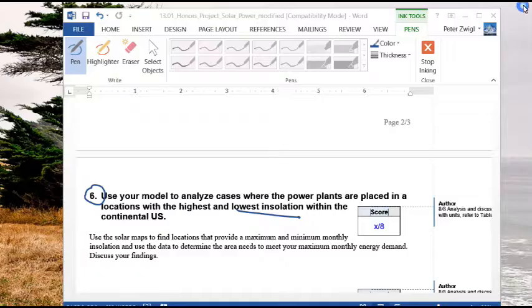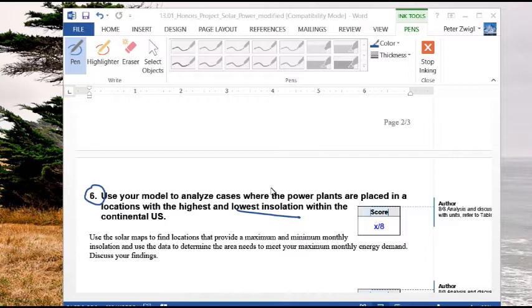Okay, so then you have these extreme values, and in this short prompt for number 6, you discuss: if you were living with your house in that area, needing that amount of energy, can that be supplied, given a certain solar insolation coming from PV or CSP at that location? Or you could always go the other way and say you stay wherever your house is, and you're buying the power that is produced at one of these two locations, where it's the most effective and the least effective to produce